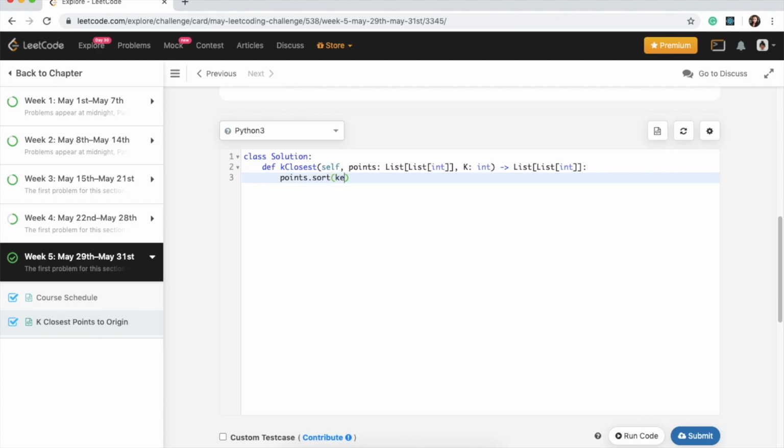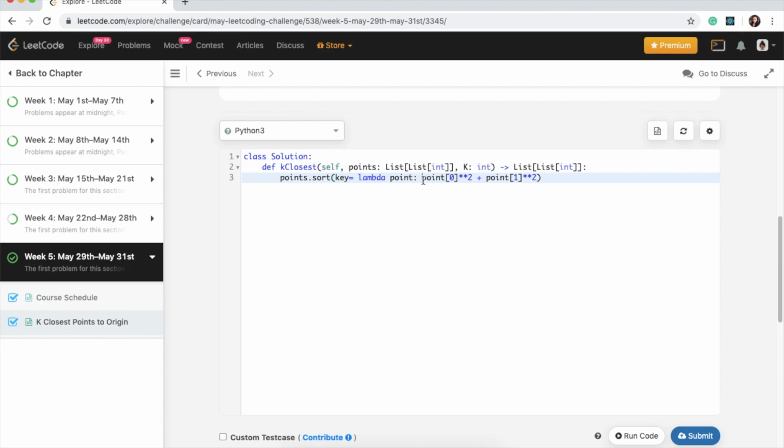And for the key of the sort, what we want to get is the square root of the position 1 squared plus the position 2 squared in the points, right? So we can say key is equal to, and this is where we will put our lambda function, which will return the points. So lambda point, so it will return a point from our points array, and we will say where our point at position 0, I will take the square of this, which we can do with this operator in Python, to the power of 2, and we are going to add the point at the second index and do the same thing, to the power of 2,